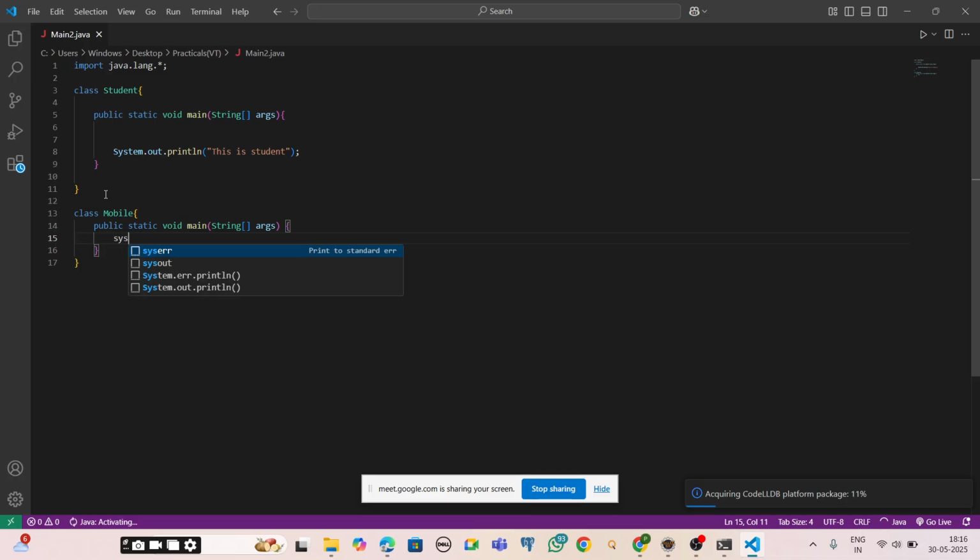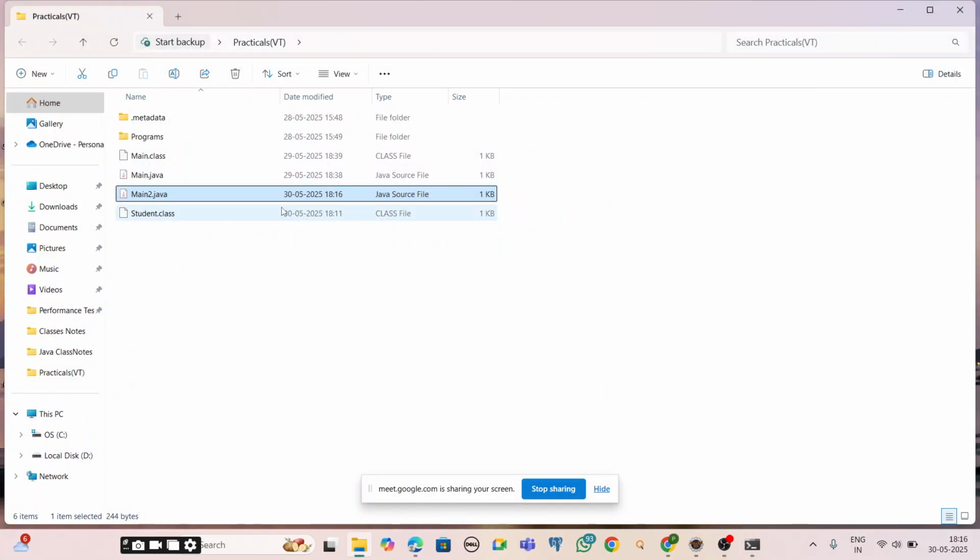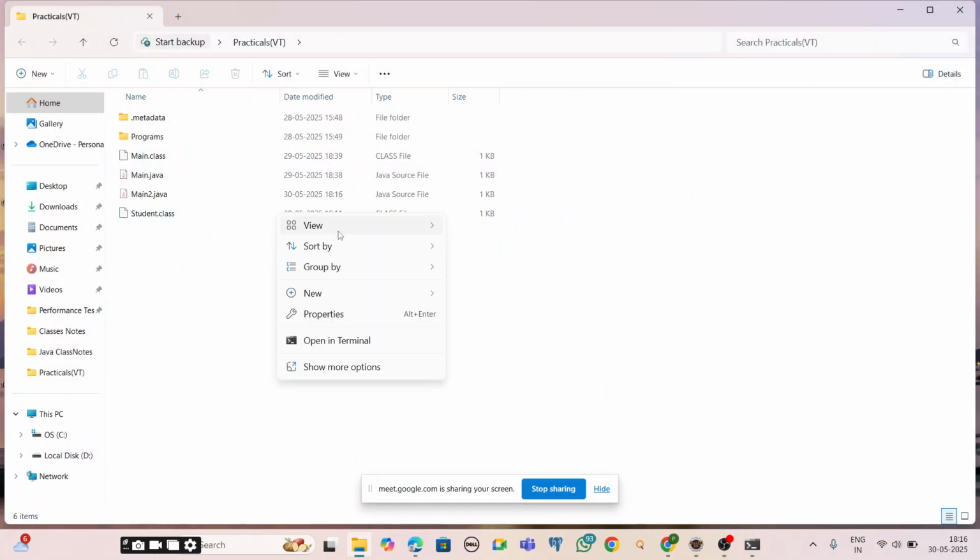Let me print "this is mobile". We will try to execute this. Let me save and close this, and let me remove this dot class file.